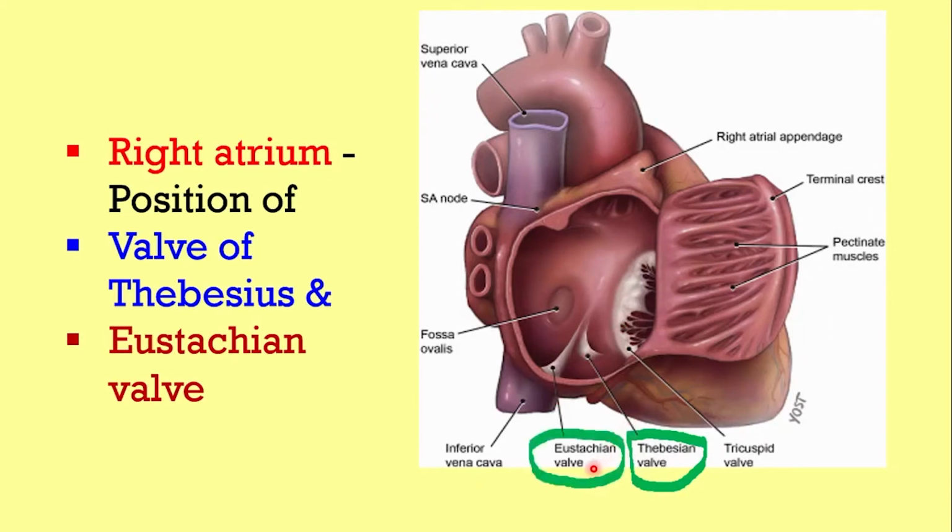Next is the Eustachian valve. It is present at the opening of the inferior vena cava or postcaval vein into the right atrium. This Eustachian valve is functional only in the case of the fetal heart. In the fetal heart, this Eustachian valve directs the flow of blood from the right atrium through the foramen ovale into the left atrium. Here it is the fossa ovalis, the remnant of the foramen ovale, the depression formed after the closure of the foramen ovale. The Eustachian valve becomes rudimentary in the case of adult hearts.